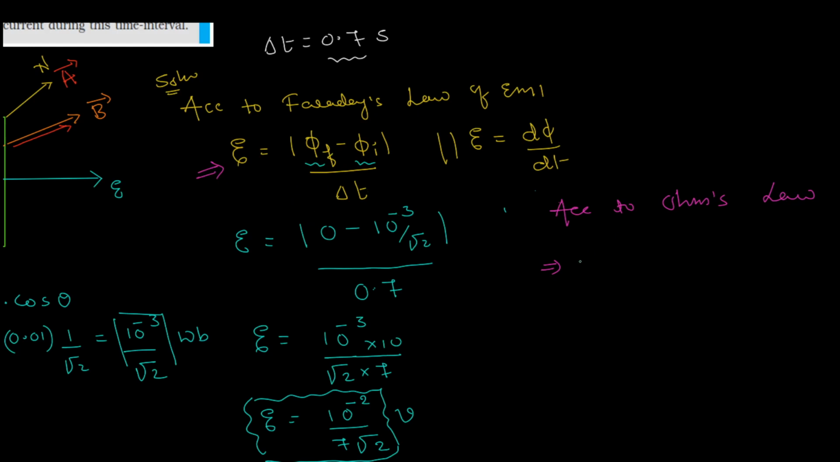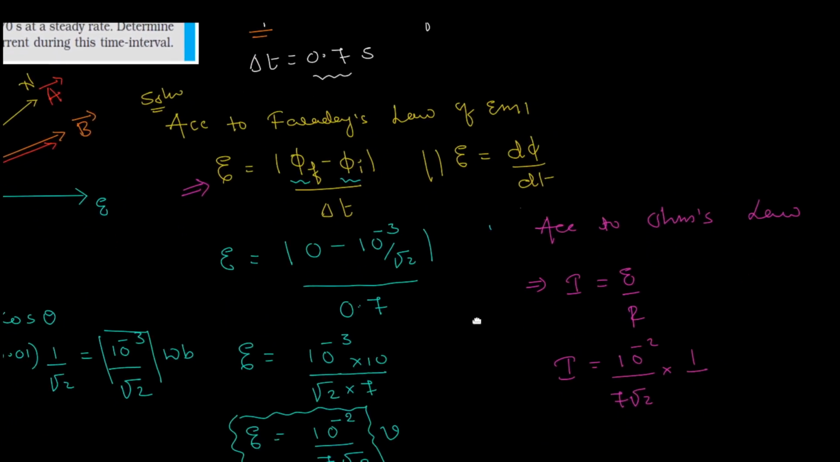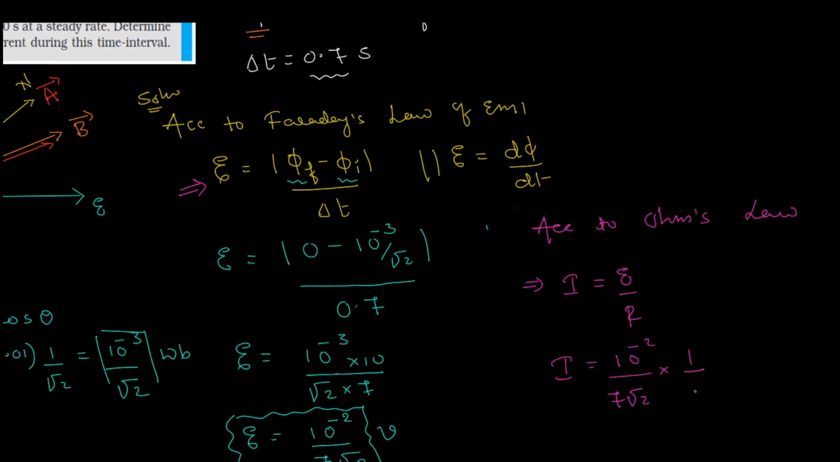Anyway, so current is EMF divided by resistance. Let's get this done quickly. EMF is 10 to the minus 2 divided by 7 root 2, divided by resistance, or into 1 by resistance. How much was the resistance? 0.5. So 0.5 is half, right? So you'll get 1 by 2. The 2 goes to the numerator, and your answer will therefore be